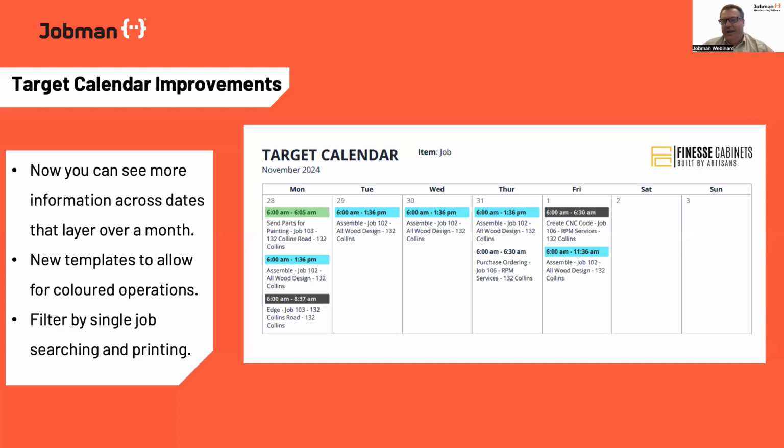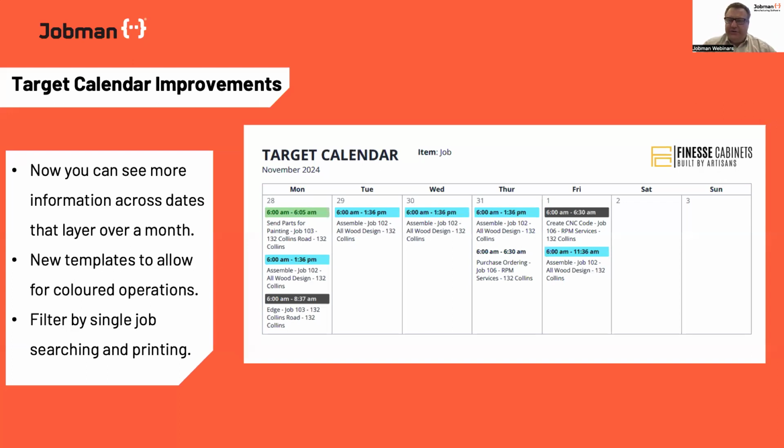One is you can now choose from 2 target calendar templates, either list view or calendar view, and you can choose to have them with or without operational colors. So for people who generally print their target calendars filtered by, say, the month for a particular operation, you probably don't want that option. You probably want to stick with the black and white just so it's easy and fast